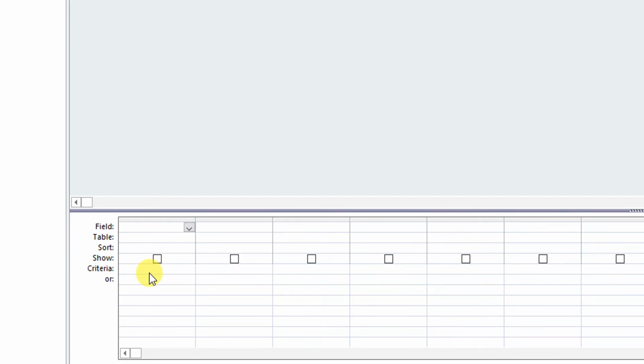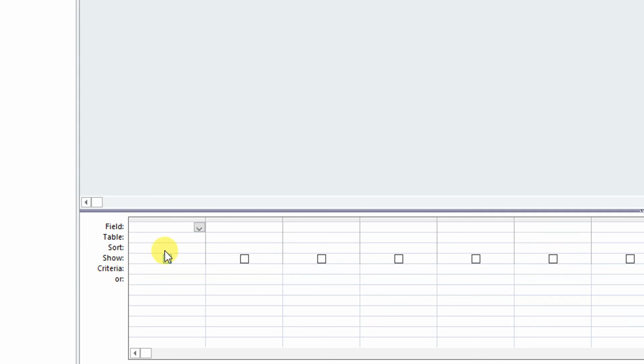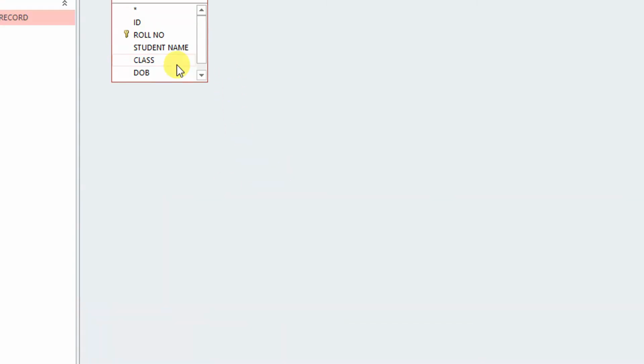Criteria, here you will give the criteria to display the information. Suppose you want to display the male students' records only, then in the gender field you have to type M. And this is the Or criteria. We will learn about this in detail.